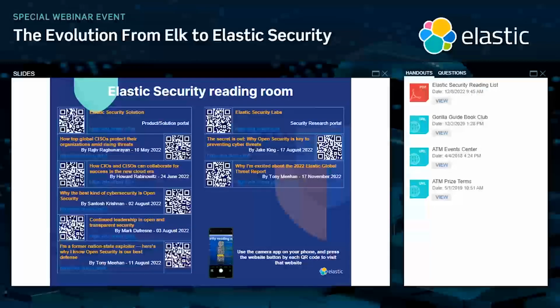We have a lot of resources. You can see some of the links here on our website, on the slide that you see with the QR codes. They all point to different resources on our website. You can find a lot of content there, going from webinars like these to blog posts to documentation that will guide you through the process. We also have fun workshops that can be used to get started. Like we have a Capture the Flag, for example, that you can sign up for, that will put you in the shoes of an analyst, really using Elastic to do real life type of investigation. So that's a quick and easy way to become familiar with the product.